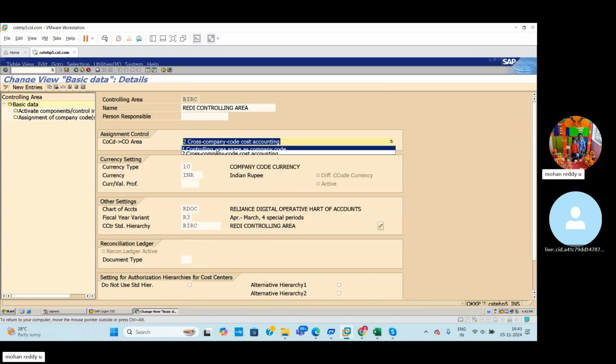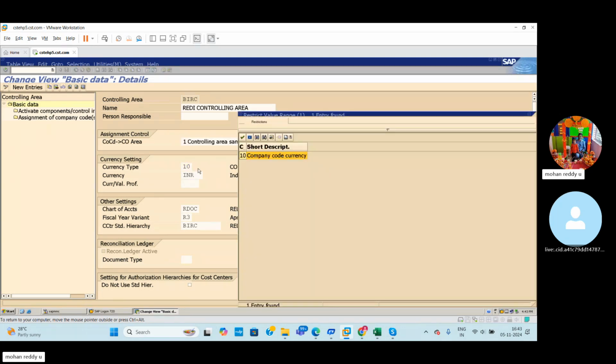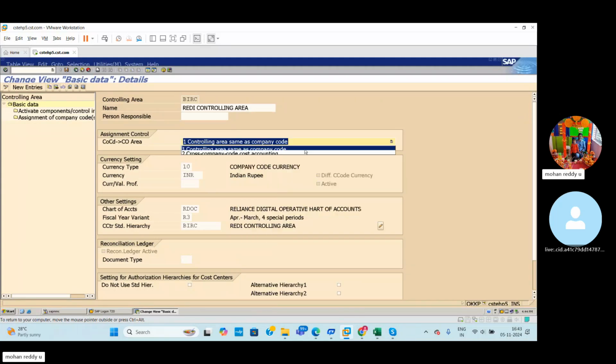here we will select the controlling area, same company code. Then the currency type will be 10 only, it will be effective, and it will be updated automatically. If you selected only one company code, then the currency type 10 only is displayed here. If you want to change to cross company code, it means you want to generate a multiple company code level report, then the system will automatically